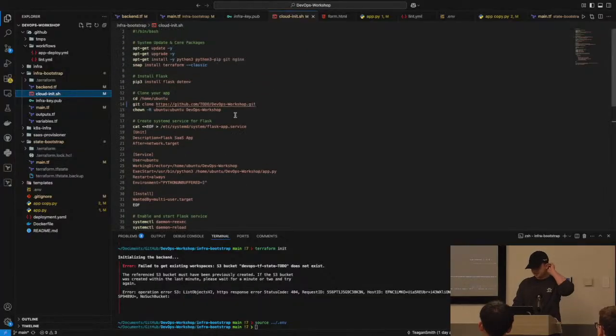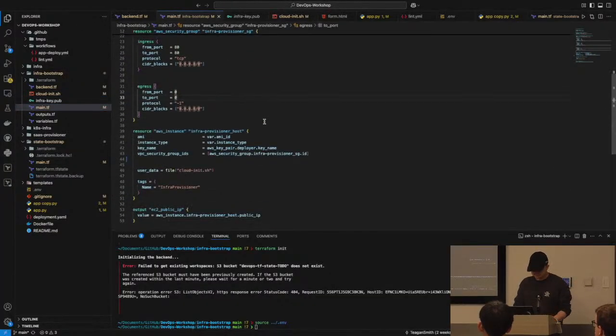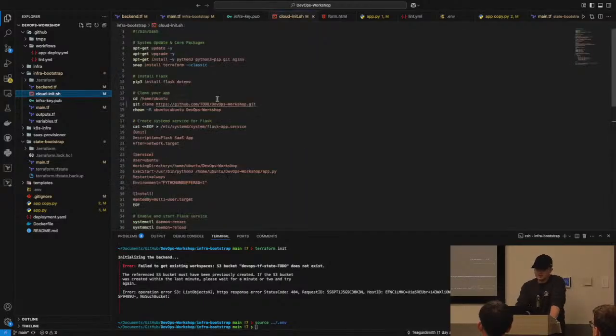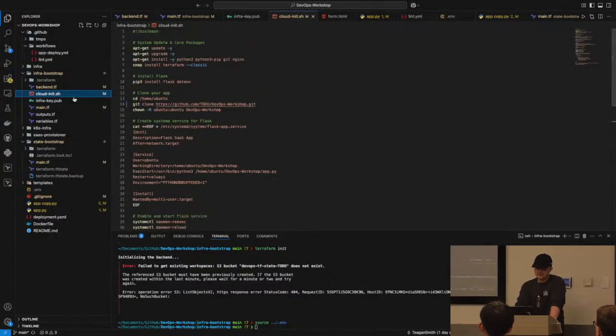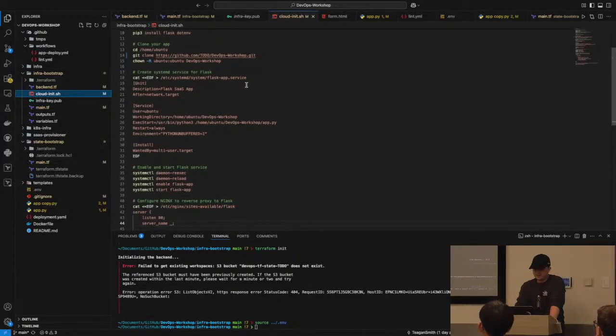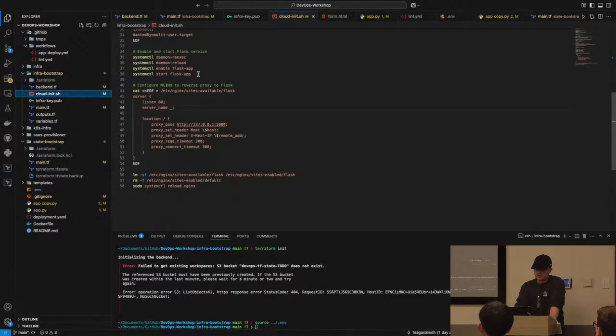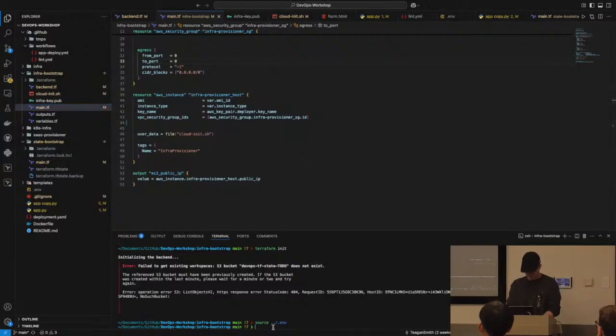So in this situation, inside of our instance here, we have an initiation script. This is essentially a setup script for the instance that we are creating. I'm not going to bore you guys with the details, but it's basically creating a Flask application, adding it as a system daemon, starting up that Flask application, and then reverse proxying it with Nginx. That way we can actually see the app, right? So hopefully I should be able to just run this here.